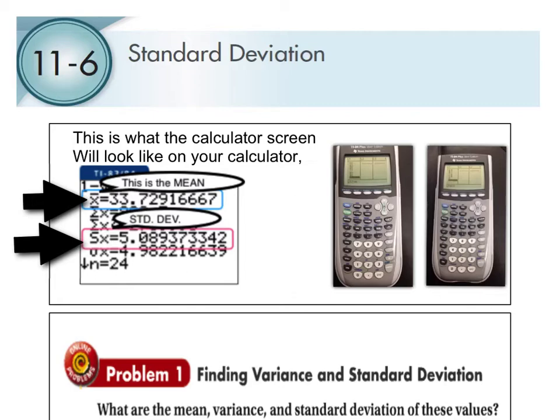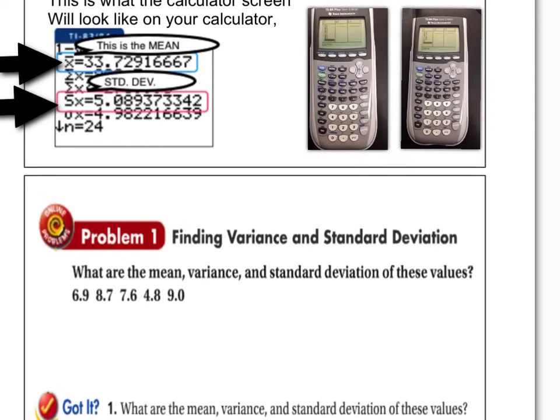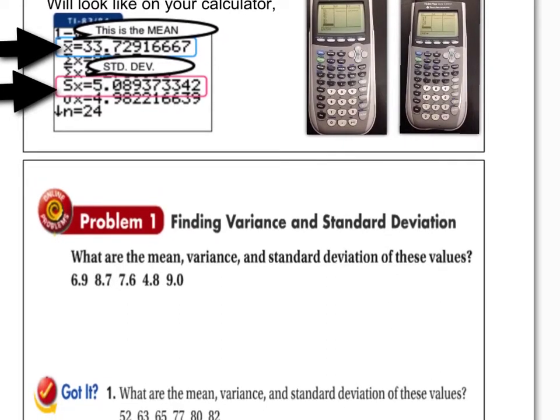All right, so let's go through a couple of examples here. I'm going to add in the calculator part as we go through as well and show you how you're going to calculate these on the calculator. So again, you're going to want to practice and follow along with me as I enter these in. I'll already have the data sets entered in. So you're going to have to know how to enter the data set into your list, which shouldn't be a